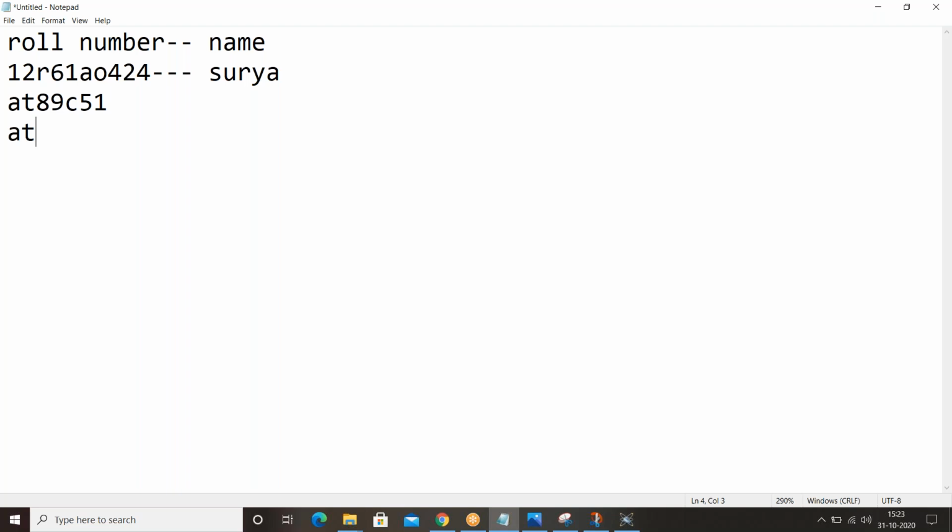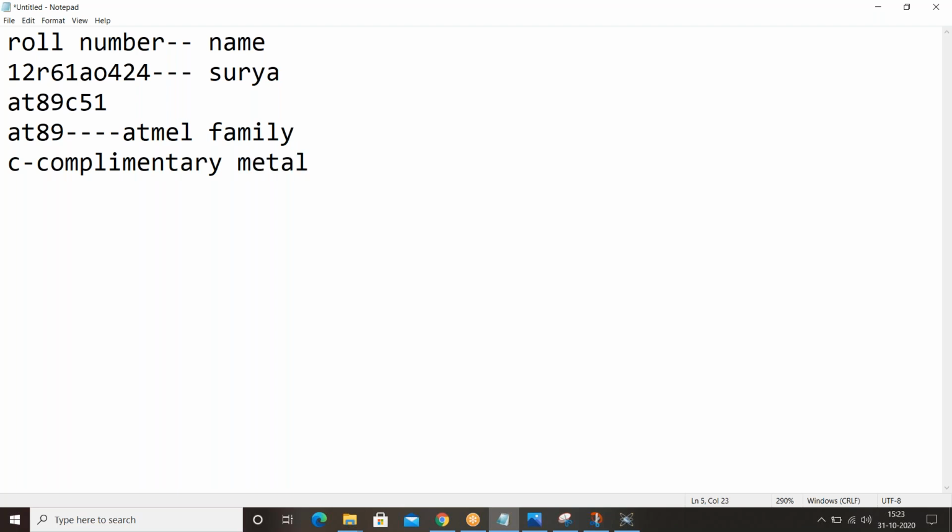Here, 89 belongs to the Atmel family, where C stands for CMOS, or complementary metal oxide semiconductor technology. What is meant by CMOS? Complementary metal oxide semiconductor technology.